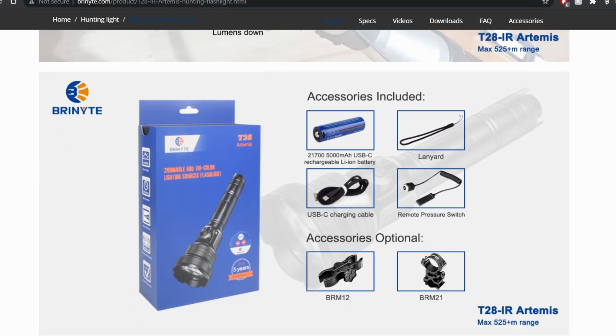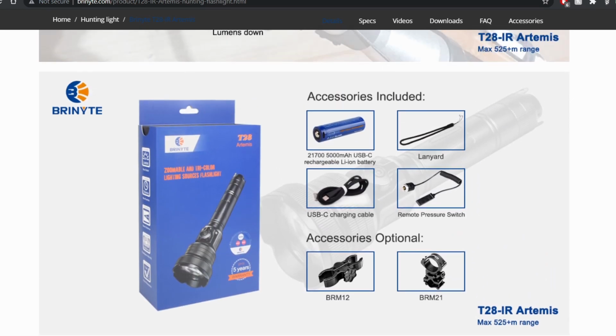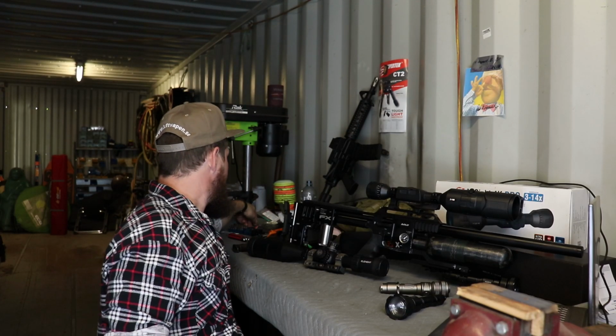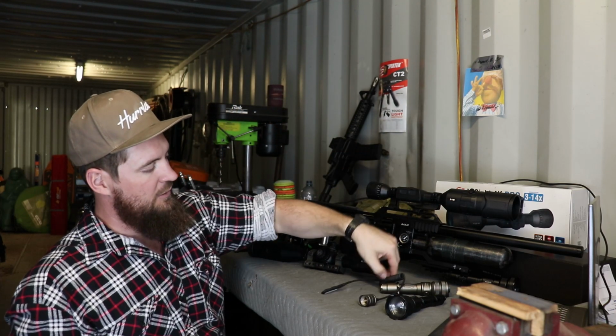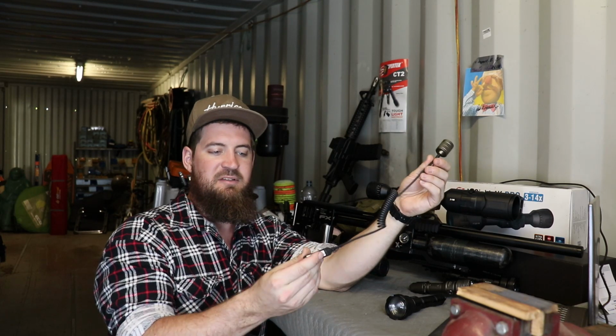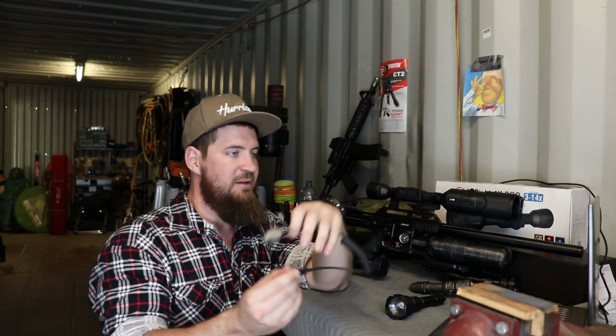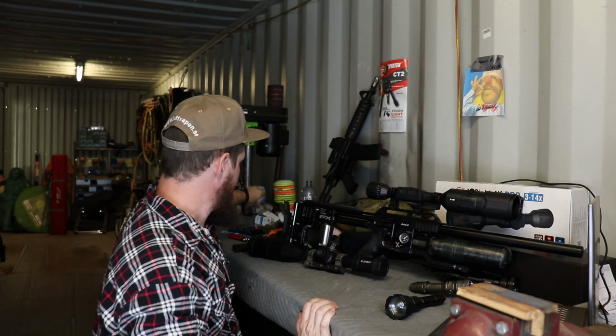So in the box, you get your battery, you get a lanyard, you get a USB charging cable, and you get a remote pressure switch. Similar to the pressure switch that you get for your Oathkeeper, it's the same thing, screws onto the back, and you've got your little sticky pad to stick it to your rifle, and then you can control it with the buttons. Nice little touch. It's nice to know that you don't have to go and search through and buy all these other accessories. It just comes with the ones that you need,